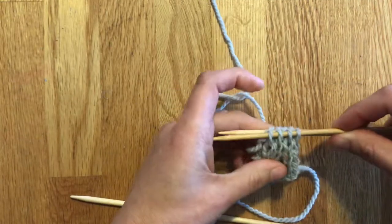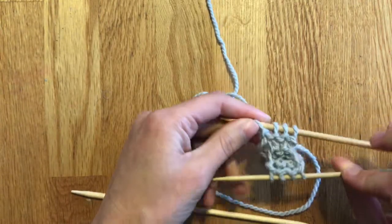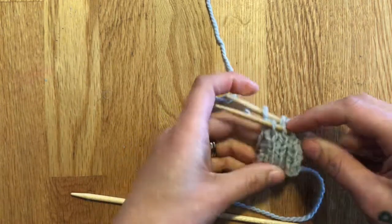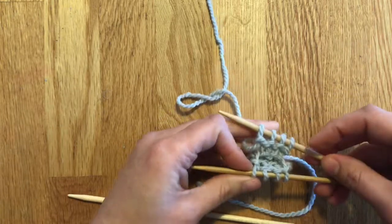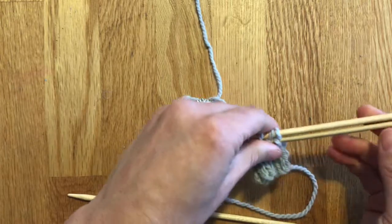So once you're done, you'll have all the knit stitches in the front, all the purls in the back, and it'll be kind of open in the middle because of all those slip stitch rows. That's what creates this extra stretchy edging. So it'll be kind of funny looking like that. Now we have to sew these 2 ends together. We're going to slide it back down,